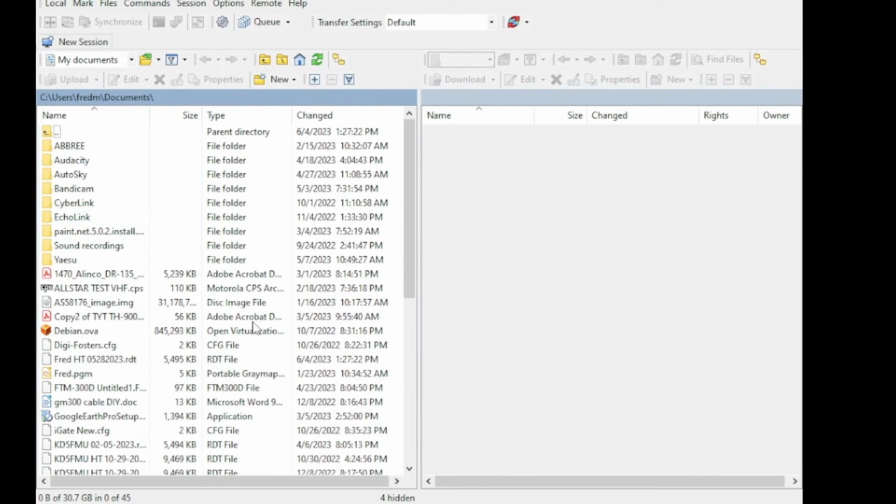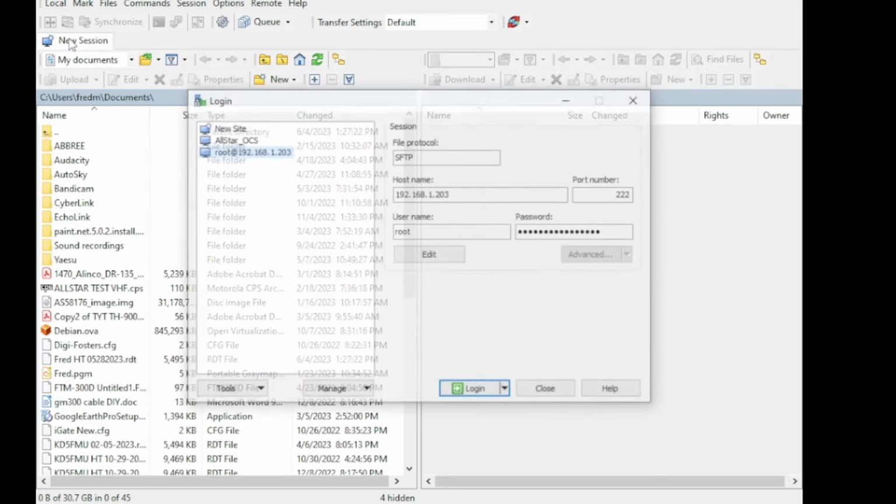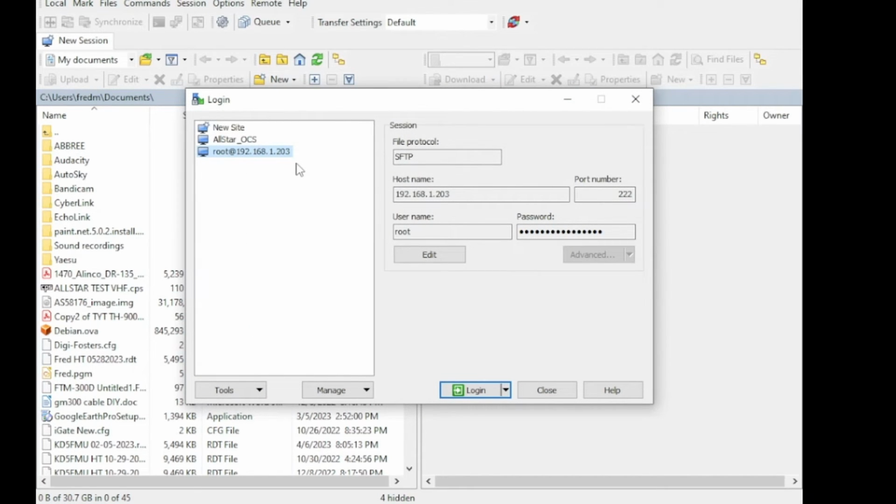Now this pane over here is your local computer. This pane over here, it'll be the device that you're going to SSH into. So let's make a new session. And this is for SFTP, which should be the same thing as an SSH if I'm not mistaken. That's the protocol we're going to use. Yes. That's the one for my other node. So we'll create a new site and call it